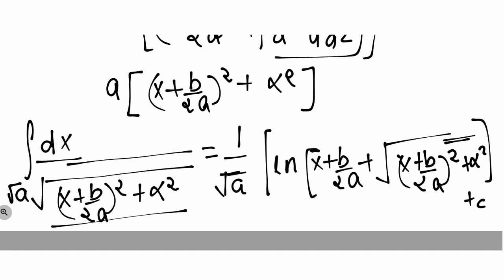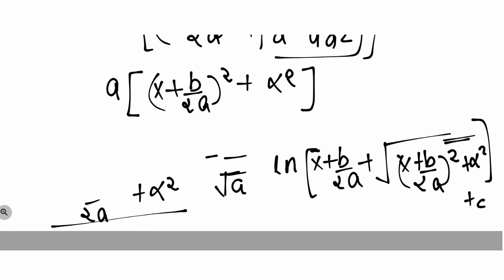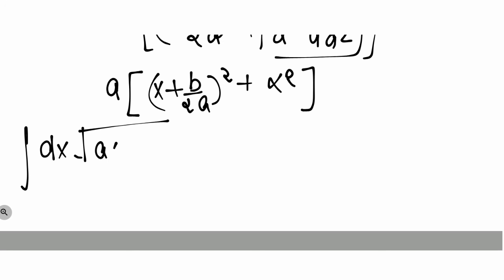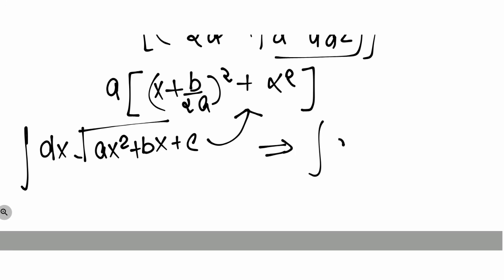You guys would have understood what I am trying to say. So in that question also, if we are going to integrate dx by root under ax square plus bx plus c, the same way you can proceed. You convert it into this, and then apply the formula of integrating dx by root under